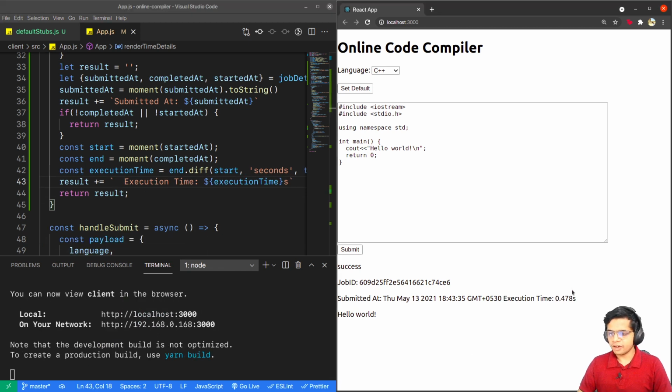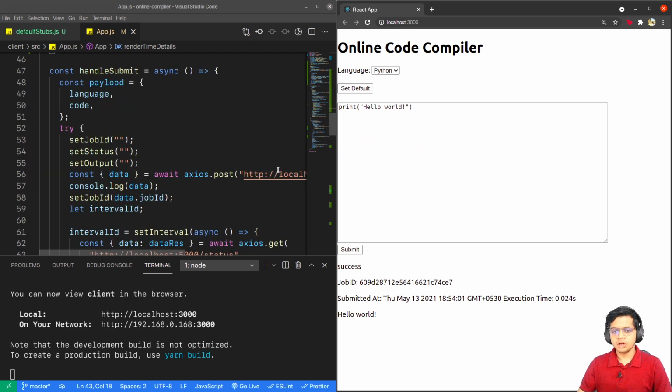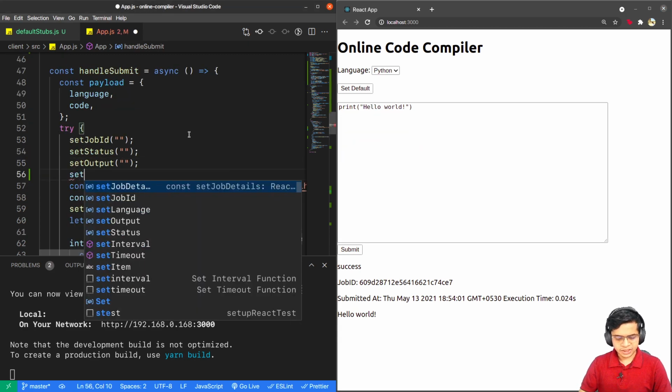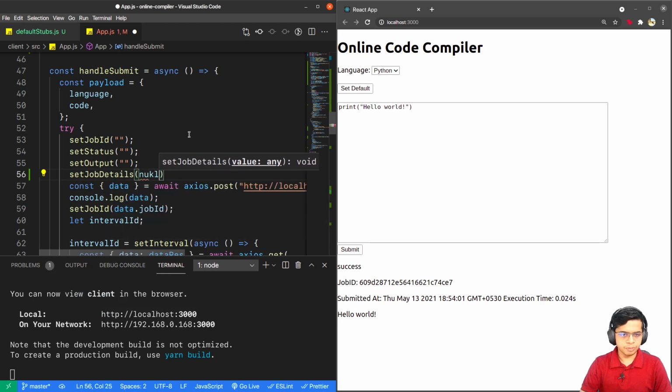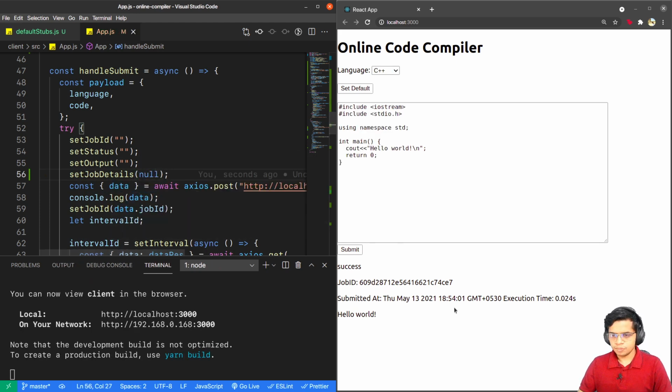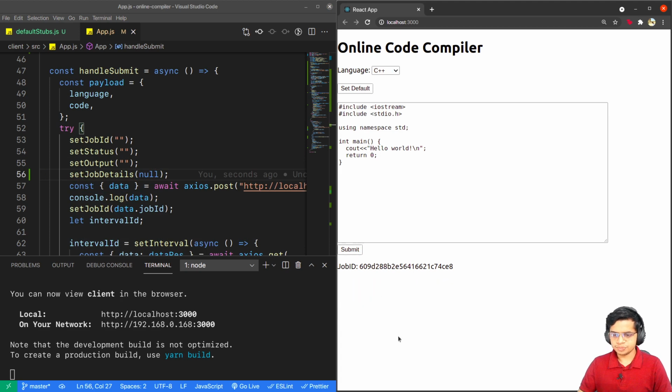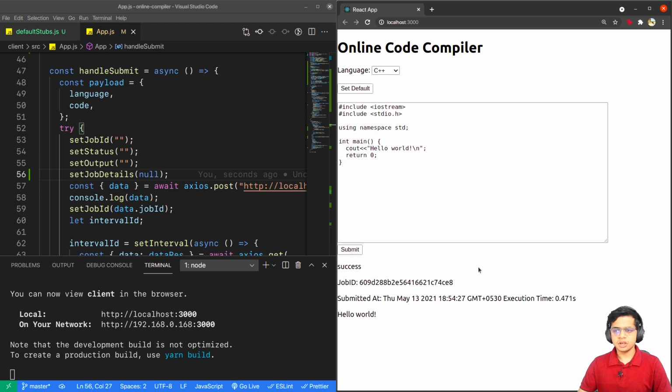So here we have the execution time as 0.478 seconds. Now also we need to set the job details as null before sending the request, so that will remove everything. And now I click on submit. It removed everything, job ID, and then I got a success. So that's mostly it. We are done with the app for now.